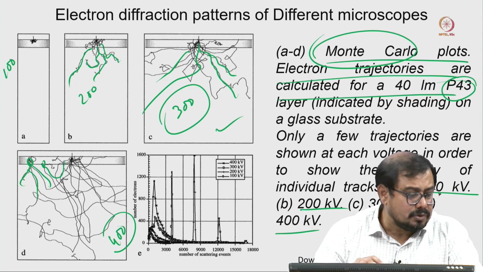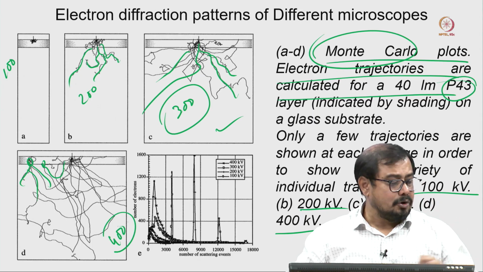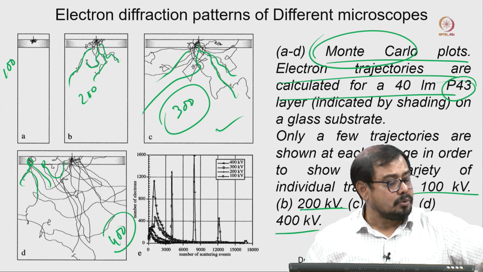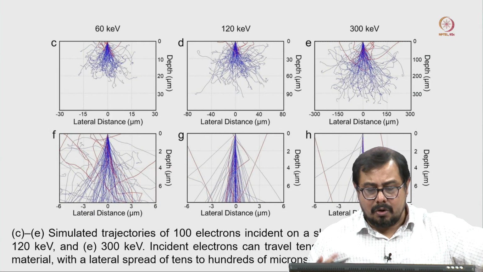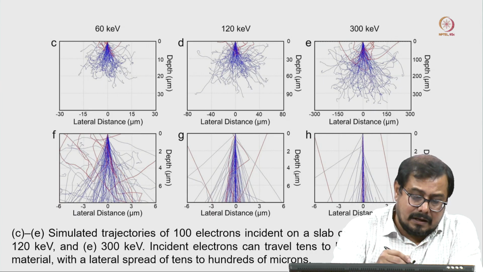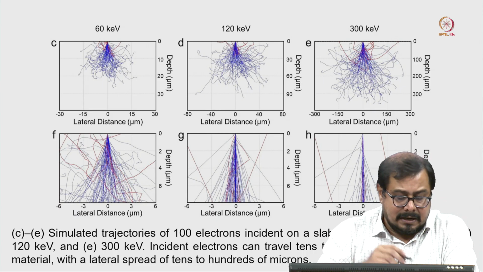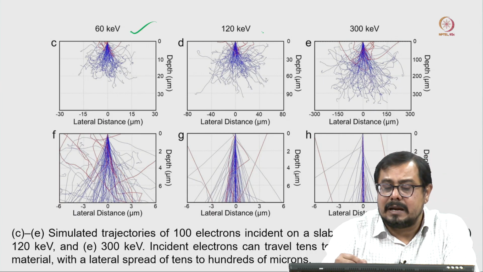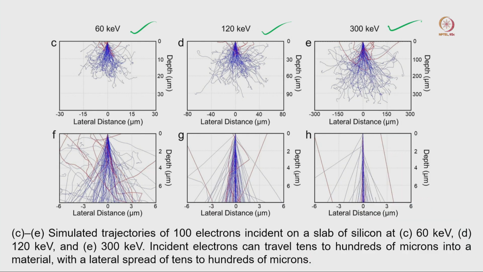When I come to the real data, it will be clear. Let us take a look at what kind of differences there are. This is a similar kind of simulation and trajectory of the electron at different energies of that electron. You can see that when there is less energy, the trajectory is not completed, but when there is high energy, it is spread all over.